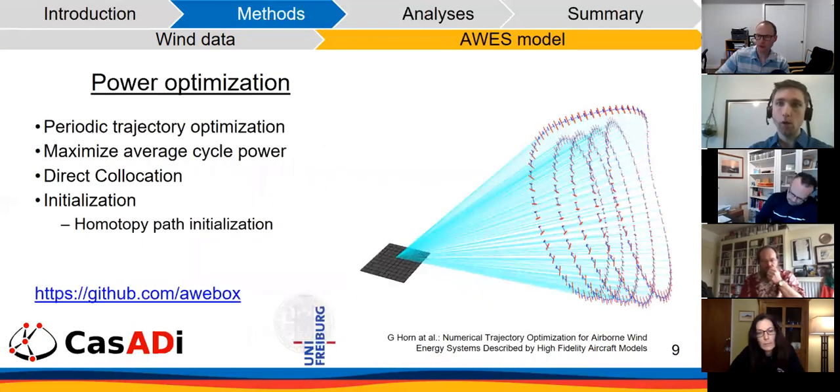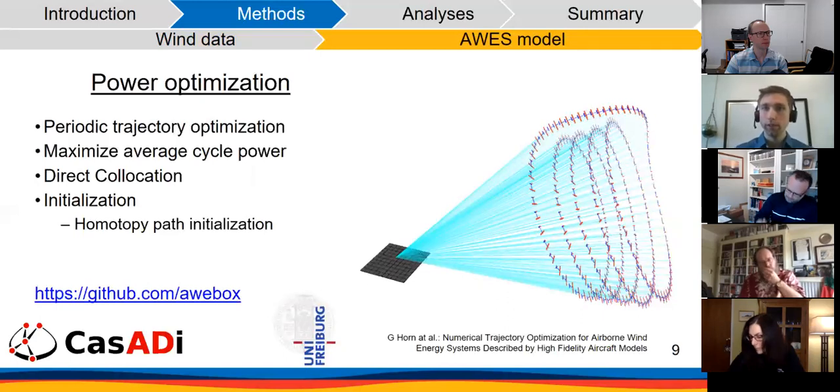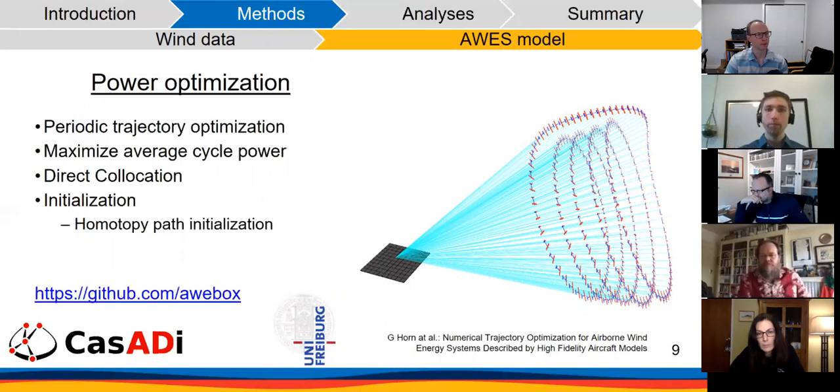For the power optimization, I collaborated with the Systems Control and Optimization Laboratory at the University of Freiburg, who are developing the AWEbox, an Airborne Wind Energy Systems Optimization Toolbox, which formulates the periodic optimal control problem as a trajectory optimization problem to maximize average cycle power. It uses a direct collocation method, which breaks down the continuous trajectory into intervals. And since we have a highly nonlinear system, we need a good initial guess. And in our case, the initial guess is derived from a homotopy path initialization,